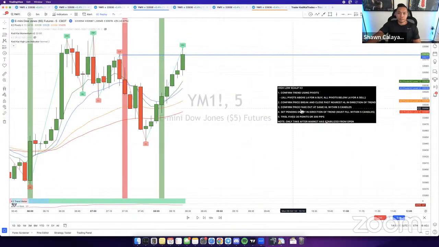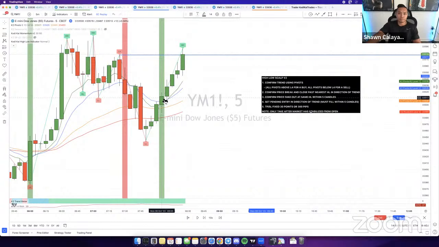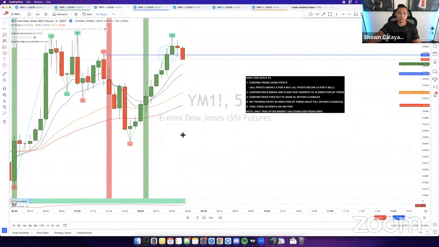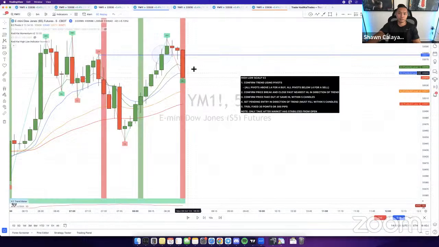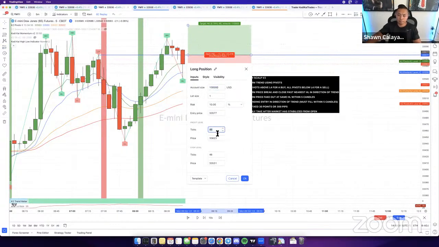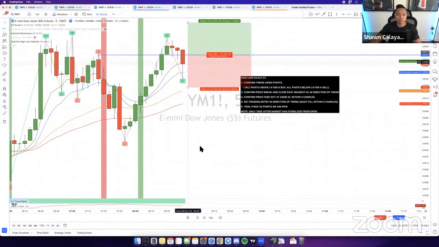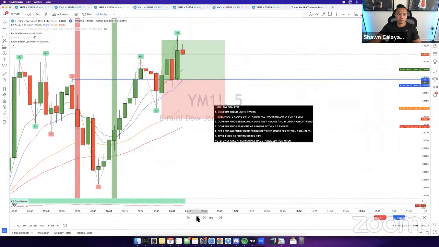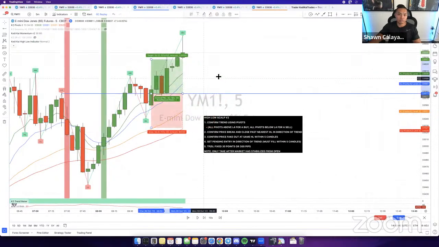So same thing here again. Confirm the trend, right? Trend still bullish. Nothing's changed here. Confirm price breaks and closes past it right here. Now you're looking for the fake out. Price goes up for a little bit, doesn't matter, that's fine. Price tries to fake out right there. It fakes out on this candle. Once you get that fake out, you do the same thing. Pending order again right there, and you're just waiting for the candle to come up and fill. You can see right here that it fills on the next candle, and then eventually it goes straight through to TP.